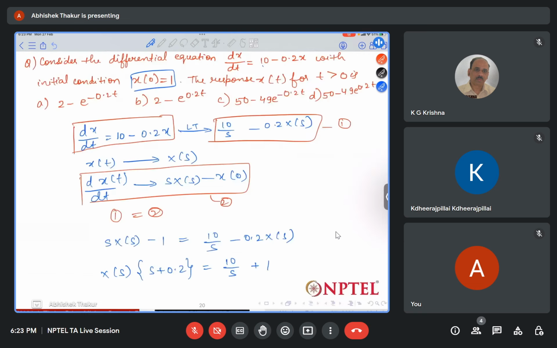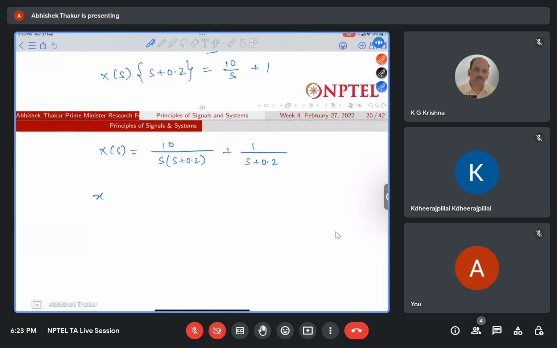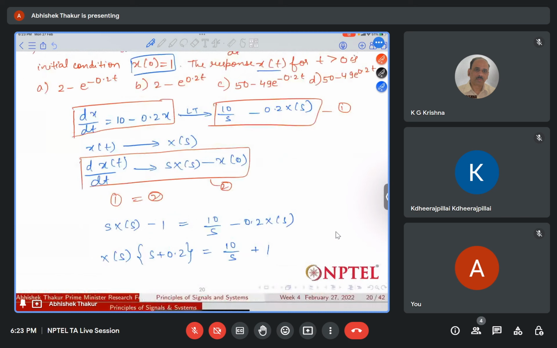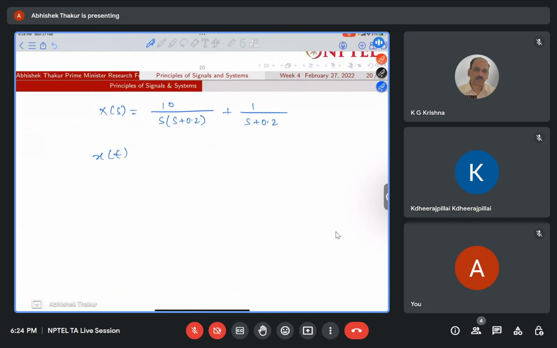Now we have to find the signal x(t). Here t is given greater than 0, that's why we have used the unilateral transform. In the question, every time see all the conditions, and only then apply the formula, else you will come to the wrong answer. So x(t) will be, when you do the inverse Laplace transform of this,